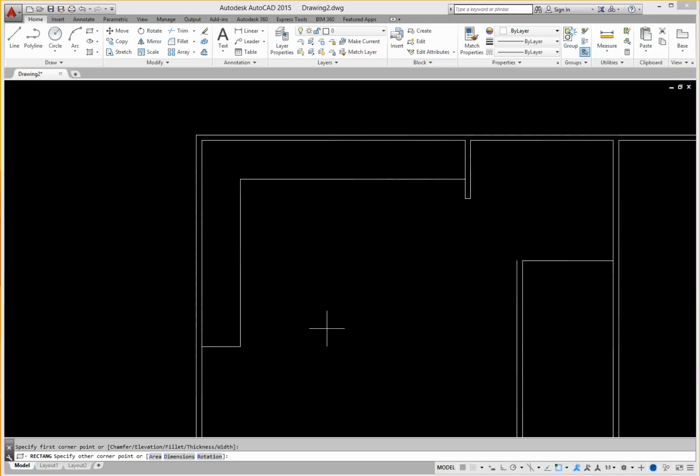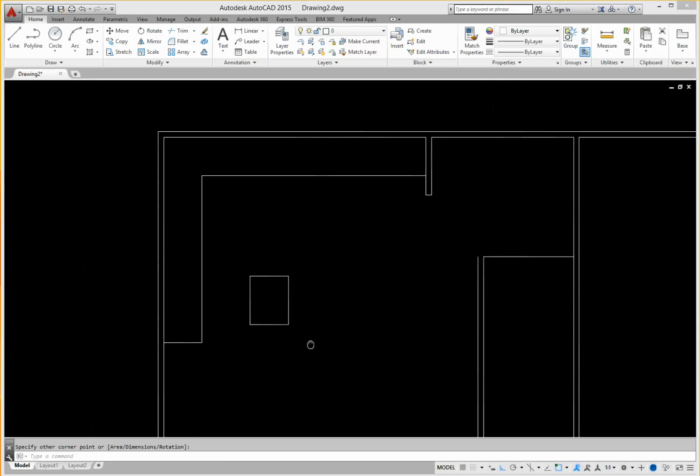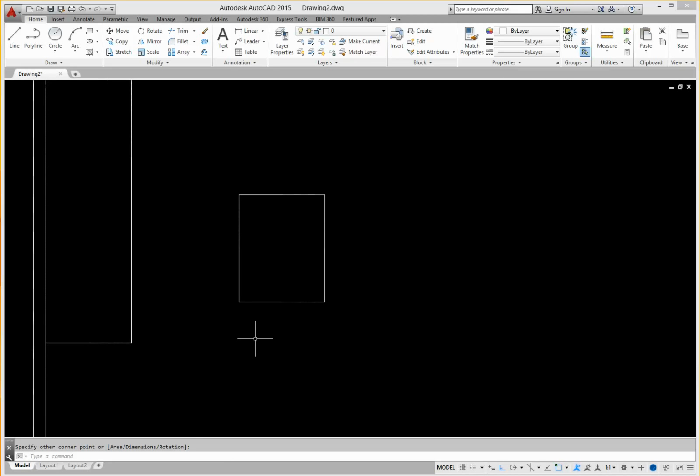And we are going to pick dimensions, so we're going to type D, enter, and then we are going to type 24, enter, and 30, enter. And now we have a rectangle that is 24 by 30 inches. Now we are going to make a copy of that. Click on the copy button,